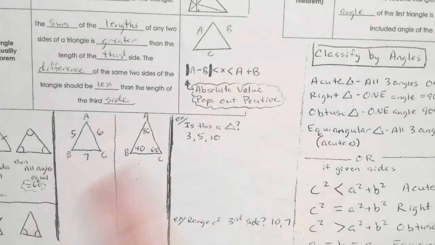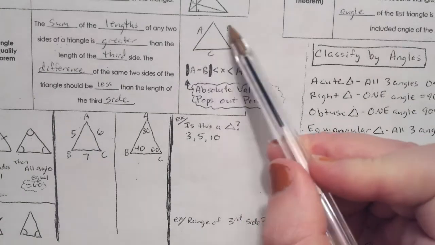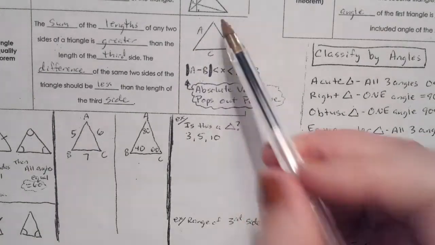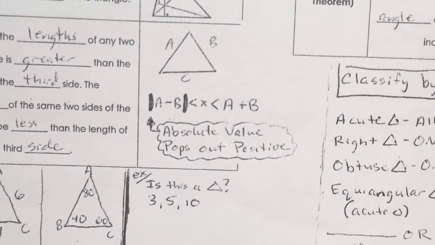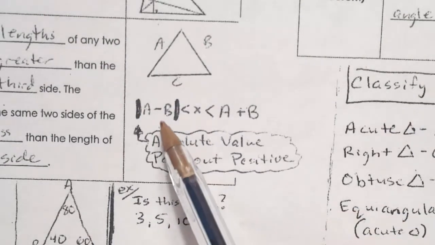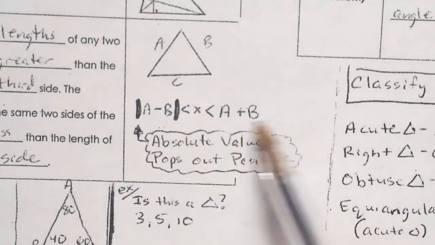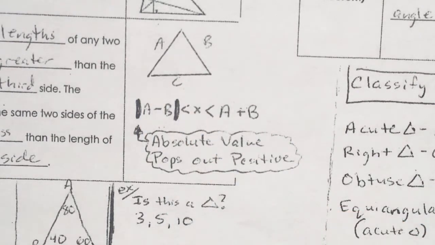So on page 2, we have this. First of all, we have A, B, C. If those were the sides, A, B, C, the third side's range would be between the subtraction of the two numbers and the addition of the two numbers. So that is very important. Now, to better explain why that works,